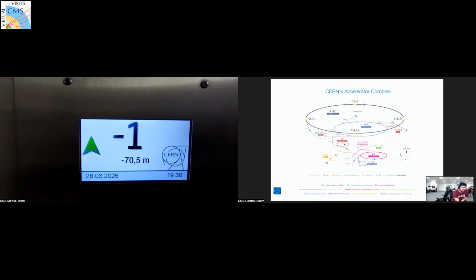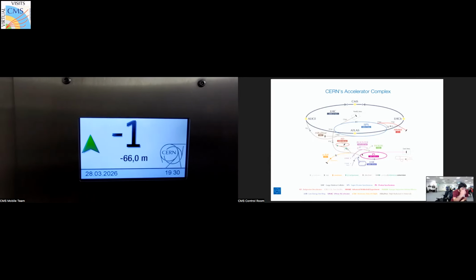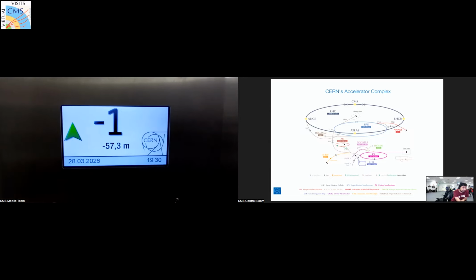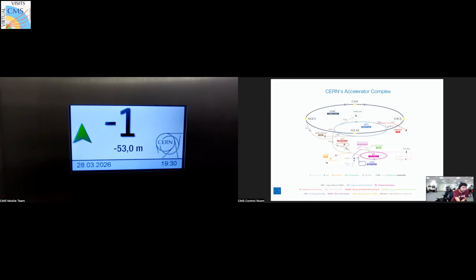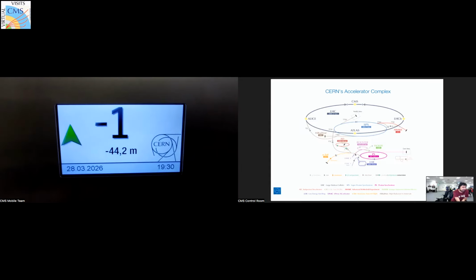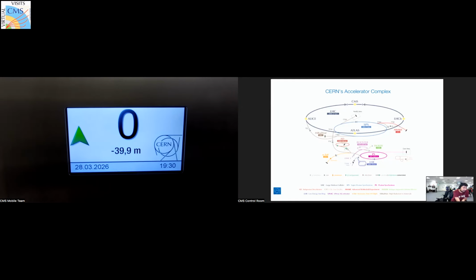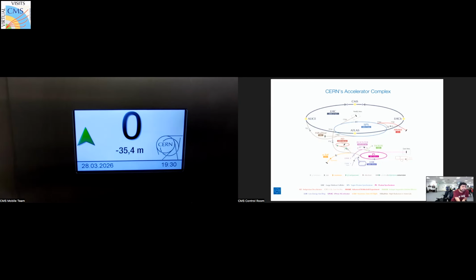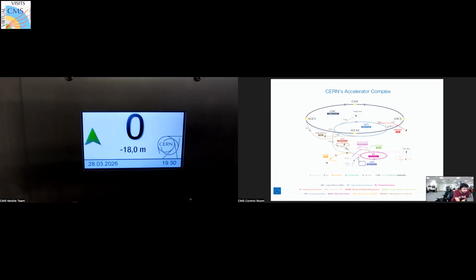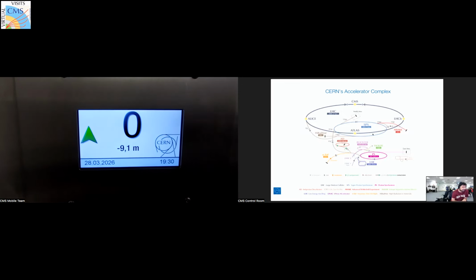Okay, so we can finish what we were talking about, this big accelerator complex. We were talking that these protons are injected. So we ionize the hydrogen gas, remove the electron, and we are left with only protons, which are injected here in this LINAC accelerator. Then they move to bigger and bigger tunnels sequentially as they get faster and faster. So they move from the booster to PS to SPS and finally to the bigger ring, which is the Large Hadron Collider,